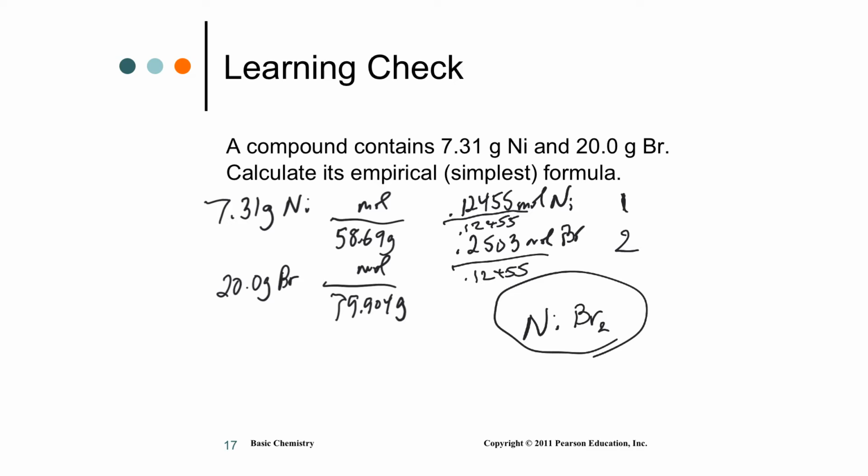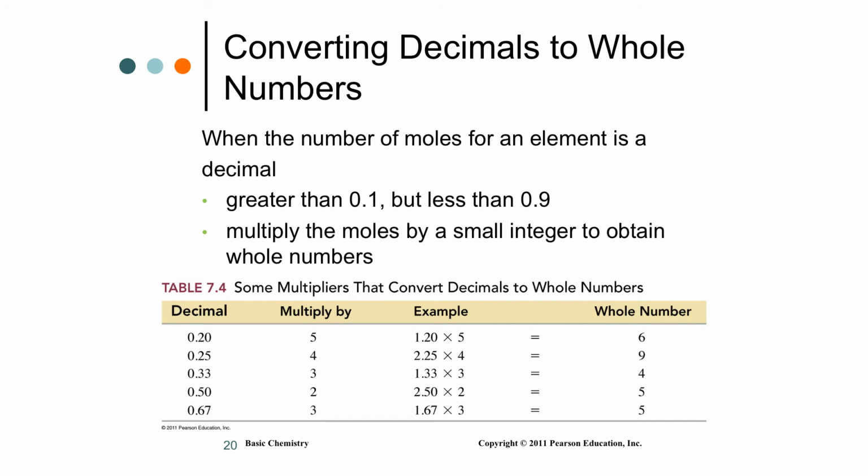Once you're in moles, the smaller number of moles divide into each. And then you end up with whole numbers. And then those whole numbers are your subscripts. You don't have to do a 1, but the subscripts at the bottom of your formula. What if when you divide, you don't get a 1, you don't get a 2, you don't get a 6,